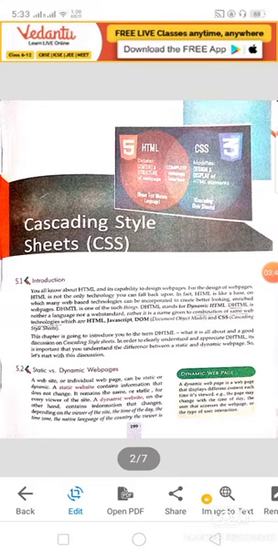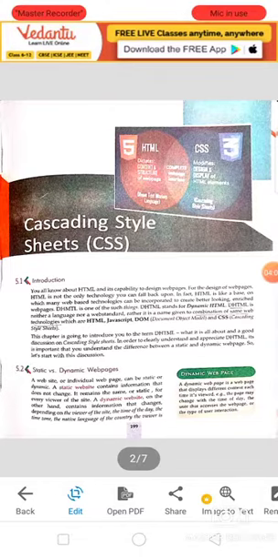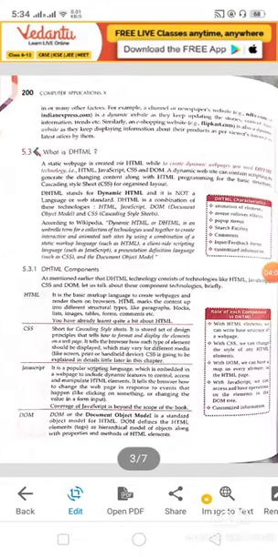And some shopping websites like Flipkart and Amazon are also dynamic websites because during a day the information is changeable. So a static website we can create by using normal HTML. But for designing a dynamic website, we have to use DHTML technology. DHTML technology includes HTML, JavaScript, CSS and DOM.